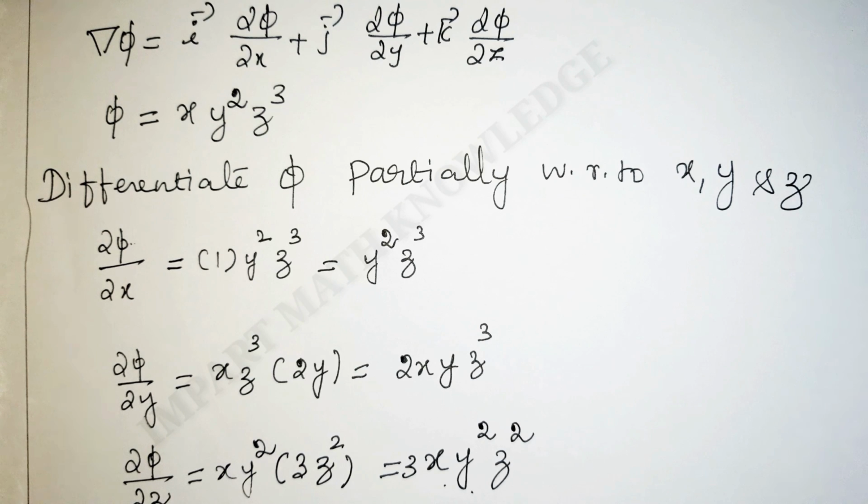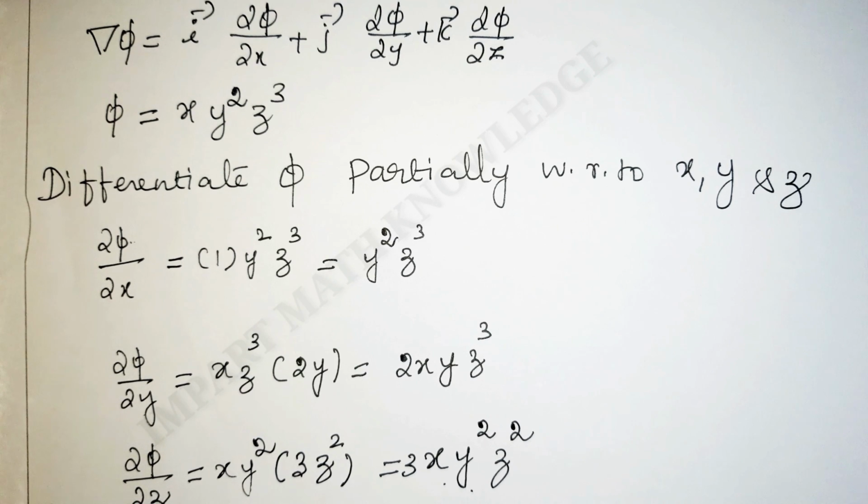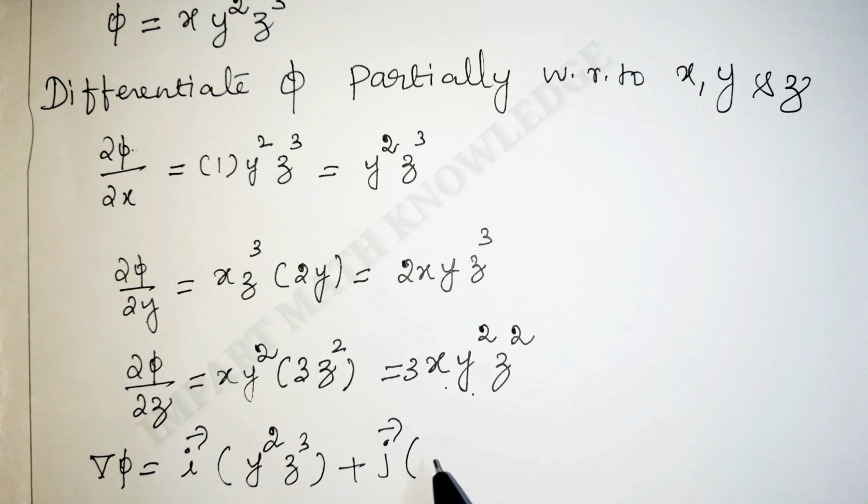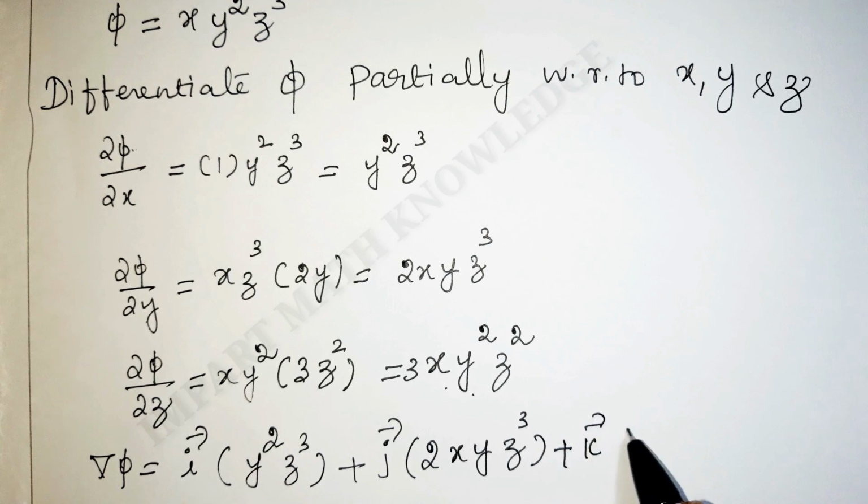Now substitute dou phi by dou x, dou phi by dou y and dou phi by dou z in del phi. Del phi is equal to i vector dou phi by dou x is y square z cube plus j vector dou phi by dou y is 2xy z cube plus k vector dou phi by dou z is